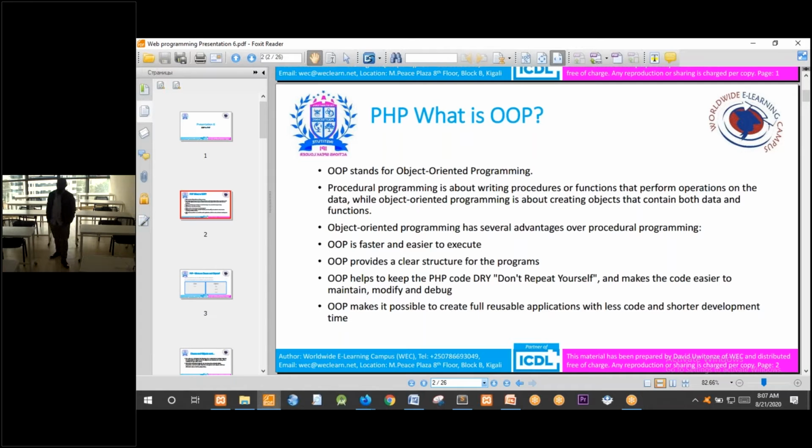Object-oriented programming has several advantages over procedural programming. OOP is faster and easier to execute. OOP provides a clear structure for the programs, because we can create classes. Inside classes, we can arrange our data into different functions, and afterwards we can create objects to execute those functions. So there is a good arrangement of